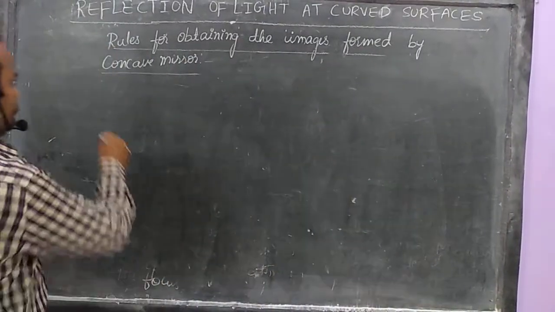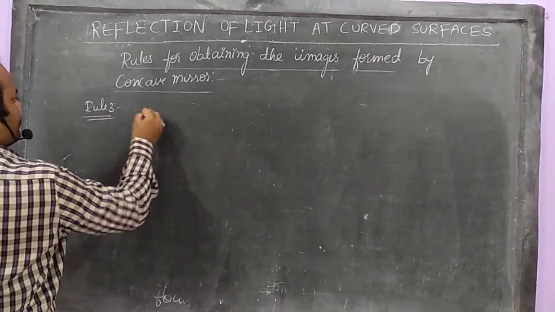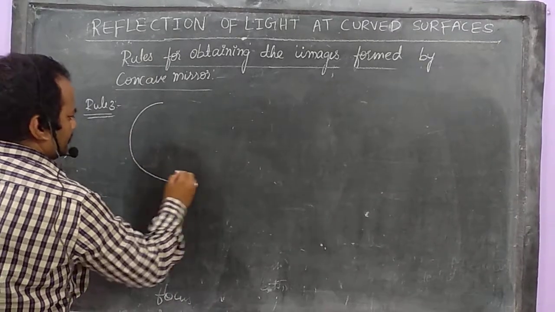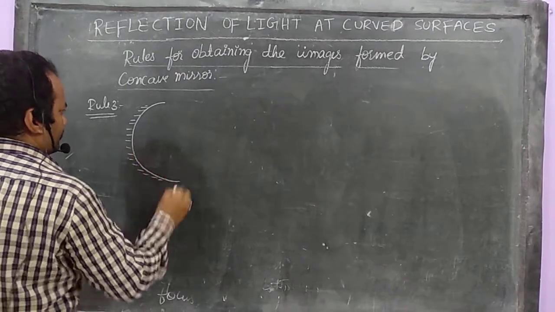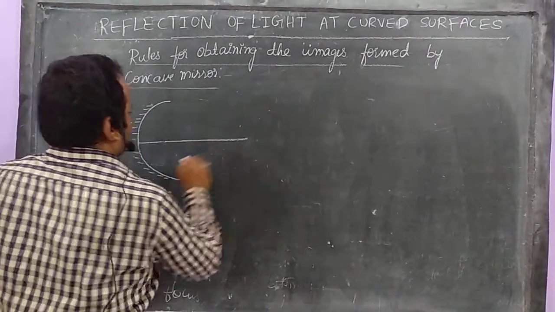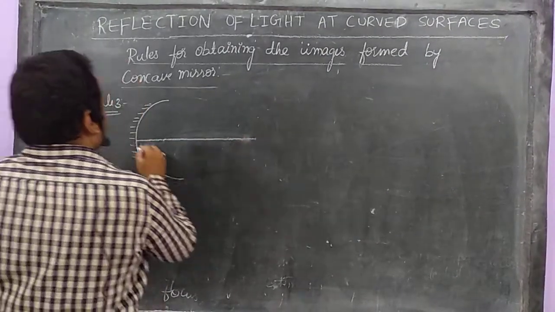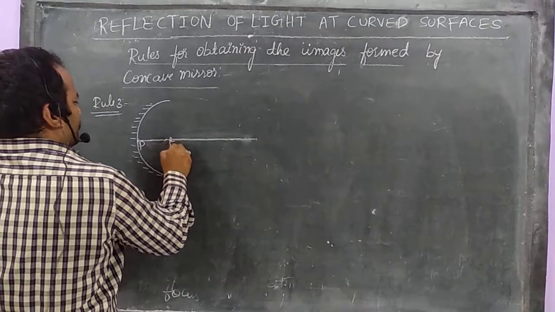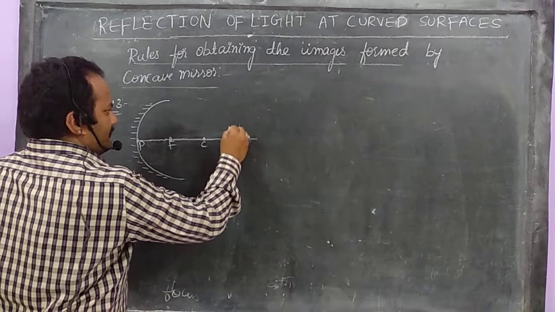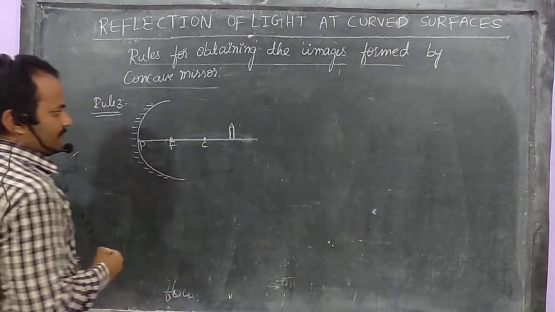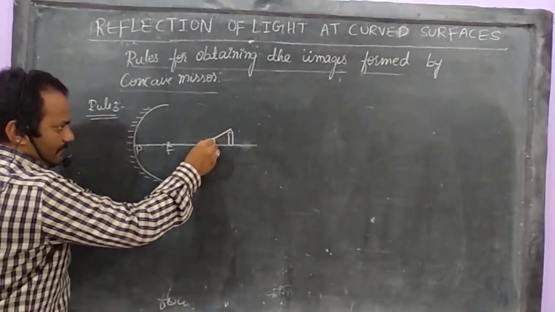Okay, let's start. Rule 3. Once again, what should I do? I should draw the concave mirror. This is the concave mirror. This is a hard surface. Now I draw the principal axis, and mention the terms pole, focus, center of curvature. Where should I place the object? Yes, the object will always be beyond the center of curvature. Okay. Now, let us assume this time the ray is passing through the center of curvature.